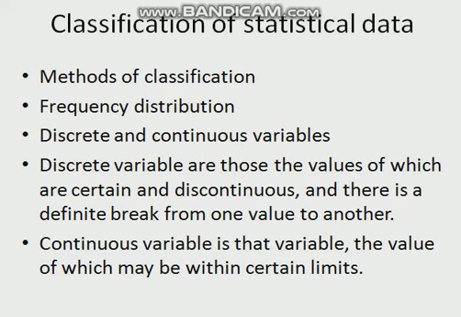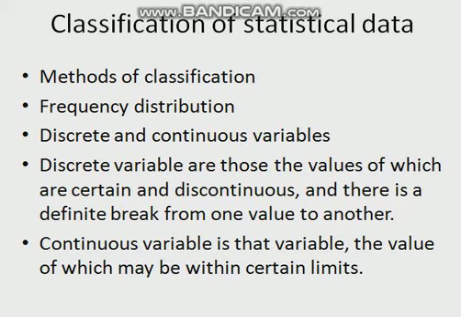The numerical characteristics, the measurement of which is different for different persons and which fluctuate in quantity or size, are called variables. For example, height or ages of persons, income, number of children in a family, wages, exports, imports, marks obtained in an examination, etc., are variables. Variables can be of two types: discrete variable and continuous variable.